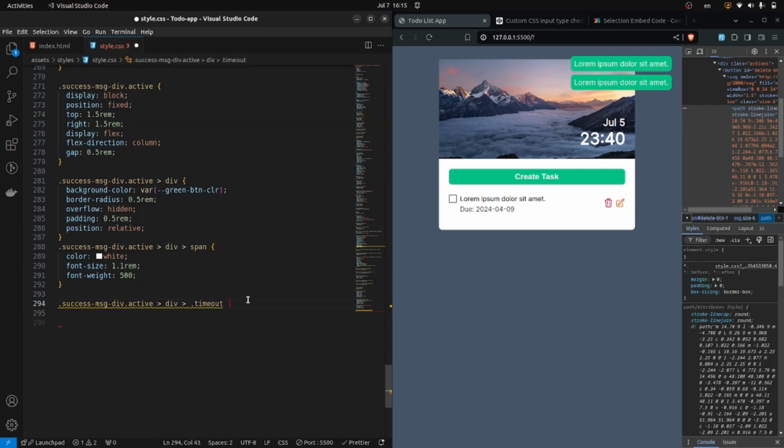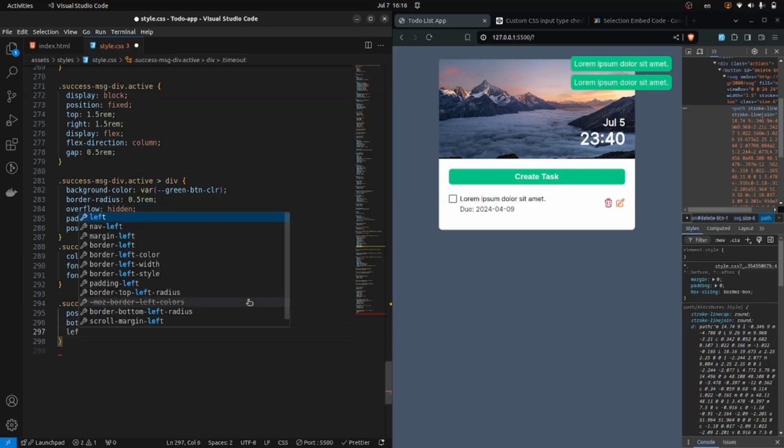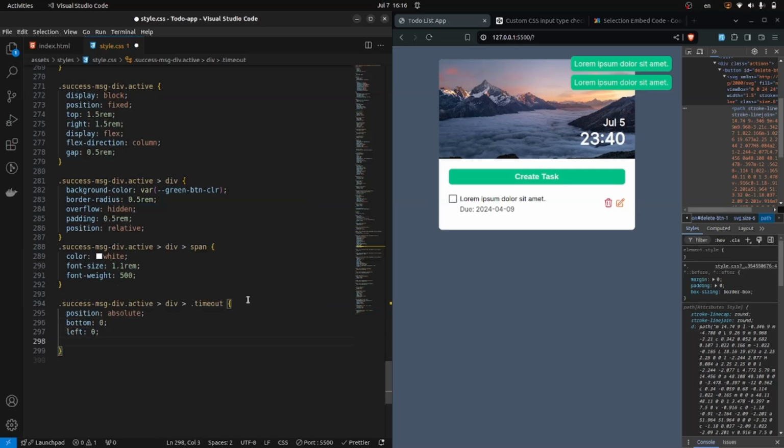After that, let's copy it and style our timeout div. This timeout div is going to have position of absolute. It's going to decrease its width from 100% to 0 to show the time is running, and after it does so, it's going to disappear. So position is going to be absolute, bottom is going to be 0, and left is going to be also 0. Height is going to be, let's say, 3 pixels probably, and background color is white,